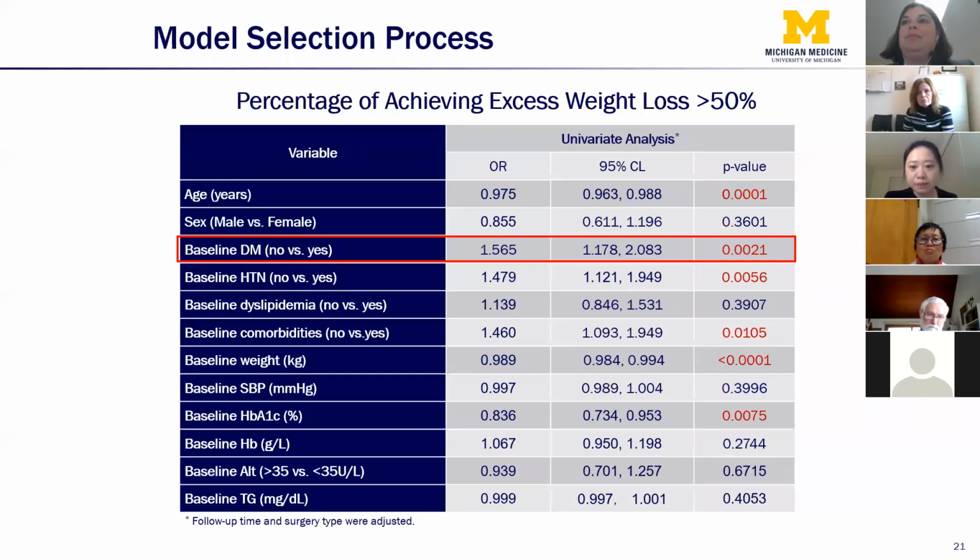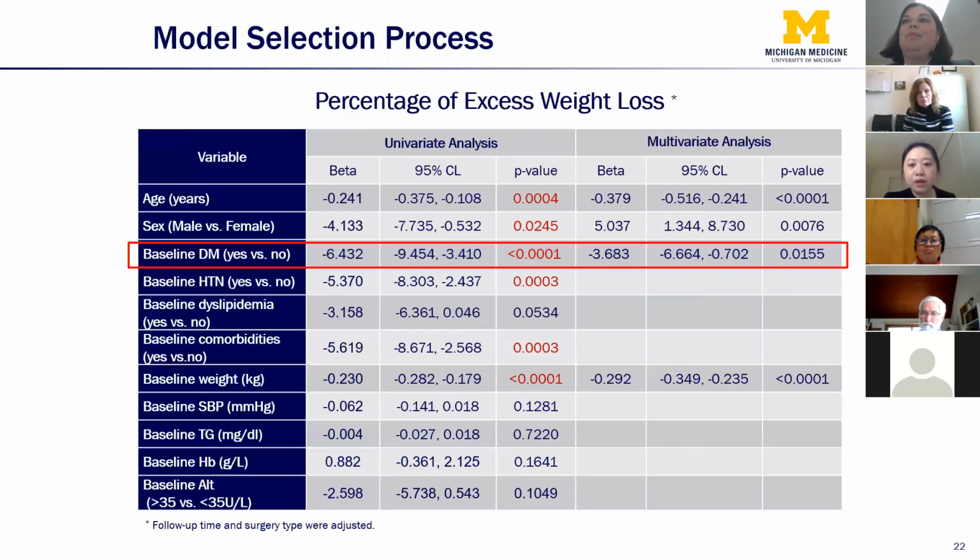Next, please. And same with the other endpoint. Individuals without diabetes had a 1.6 times higher chance to achieve excess body weight loss of 50% or more. Next, please. We then further conducted a linear mixed model analysis to determine if diabetes is a predictor of the